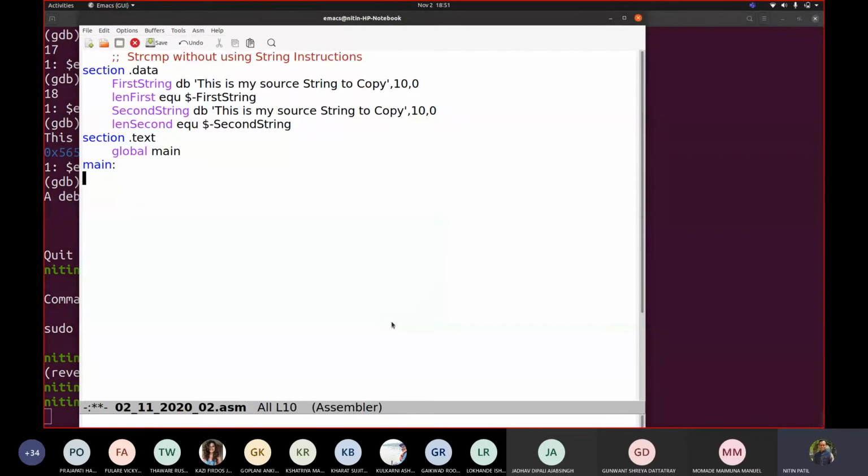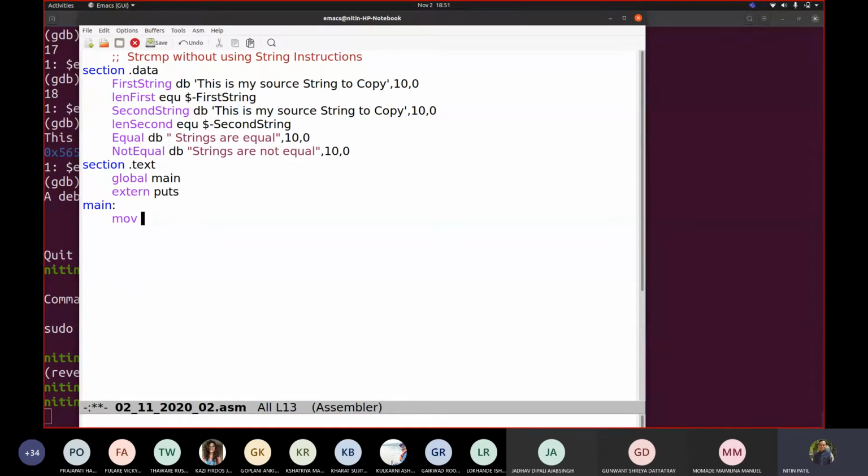So let us go back to our code. I have both the strings copied. I have to verify them, so I will declare statements here. Equal db, 'strings are equal', not equal db, 'strings are not equal'. We'll declare extern puts to print, because we have to only print the string. Now how will you do that?